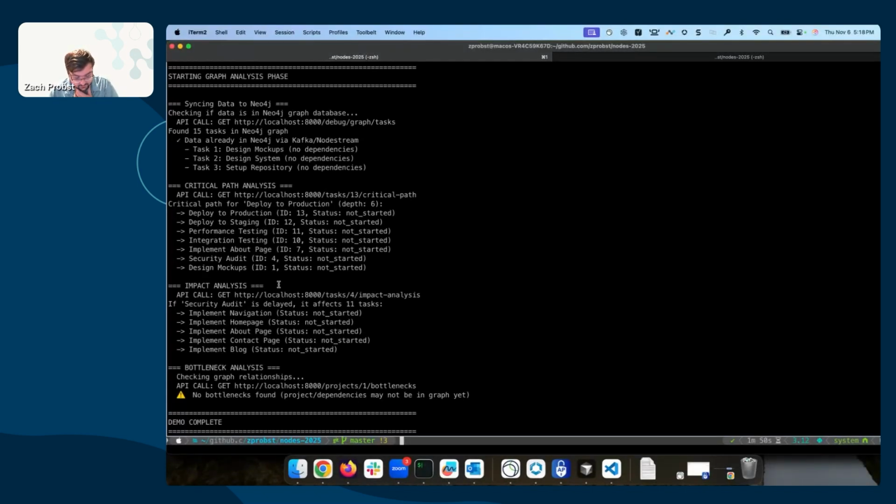One example is sort of this impact, right? So imagine a story is getting delayed. In this case, I picked the security audit because I work in security, and I thought that was kind of fun to make fun of security. But